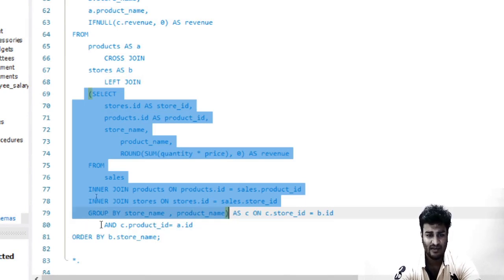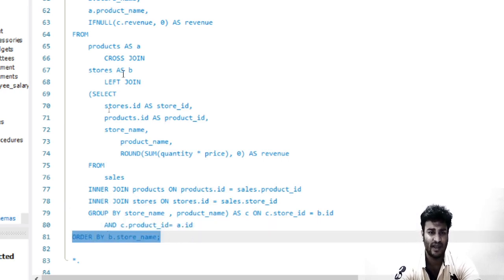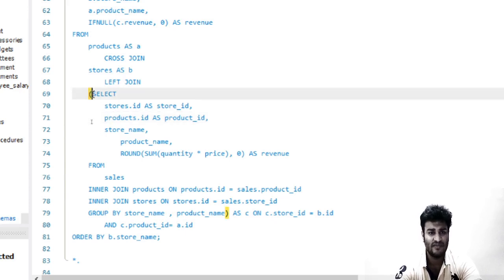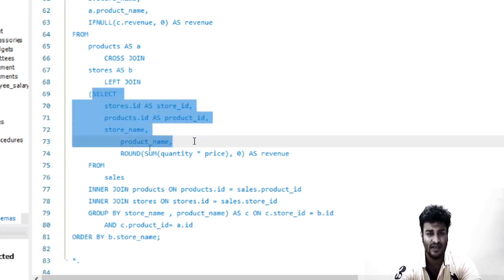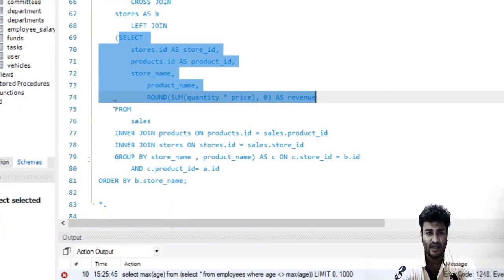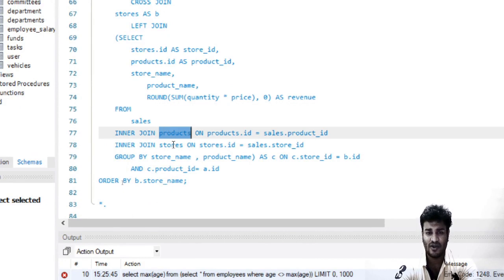And this is the condition on which things are matched, and at last we have the order by. That is okay. So for this query, you need to understand which is the inner query. Within this query, these are the column names which are retrieved. Then from sales, inner join product, inner join stores, and at the end group by.